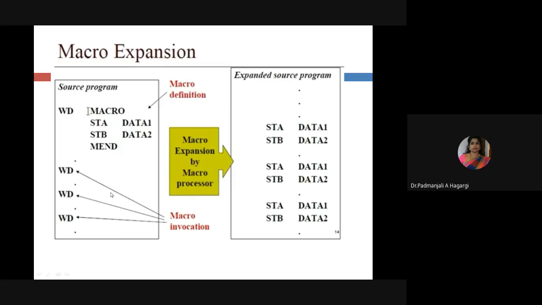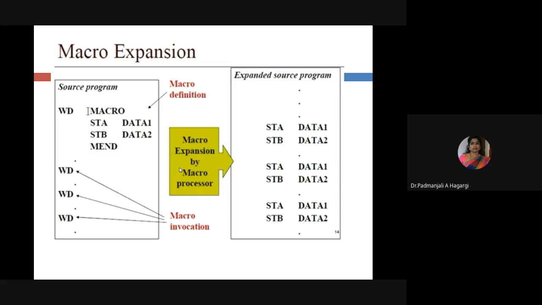This calling, in other words, we also call macro invocation. So how does it get substituted or expanded by a macro processor? VD gets expanded here. See, this is how three times it is getting expanded. VD is getting expanded three times, and in between is nothing but the code, another set of code for what the program is designed, the source program.